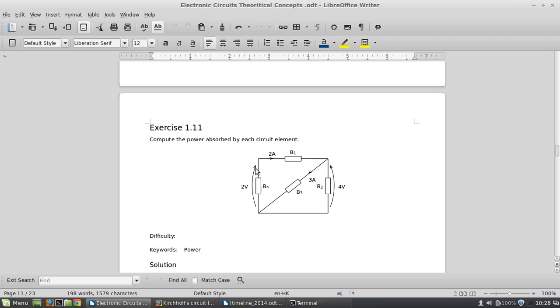Now knowing this voltage, you can also know the voltage of V1, because this voltage is already given, and now we use the second loop here, and then immediately you find the voltage here. After finding the voltage, the current is already known here, and immediately you find the power here. Now for the last element, this one,